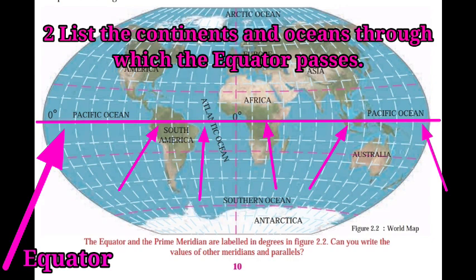We can see in this figure the Pacific Ocean is in two parts, but they are not two parts, they are joined together on the earth. So basically the equator passes through the Pacific Ocean, Asia, Africa, Atlantic Ocean, and the South America continent.